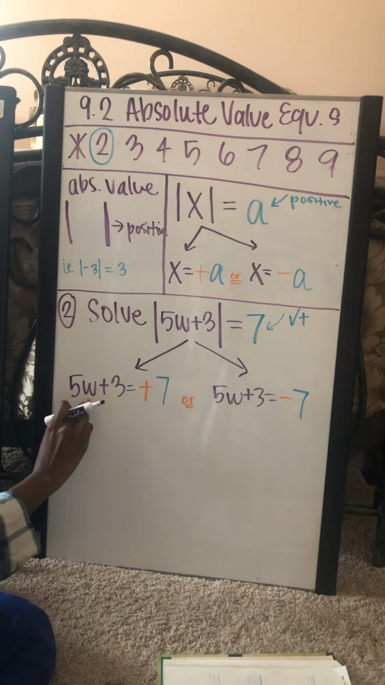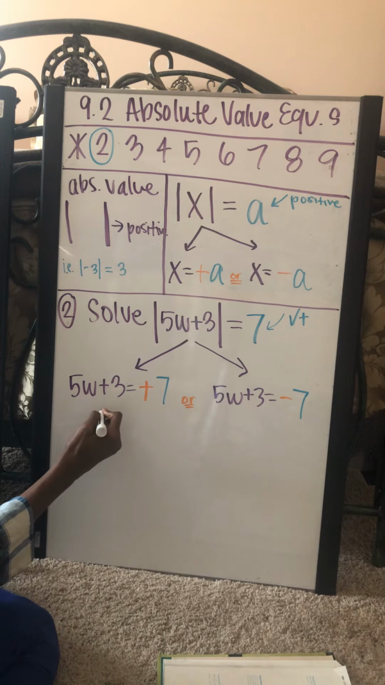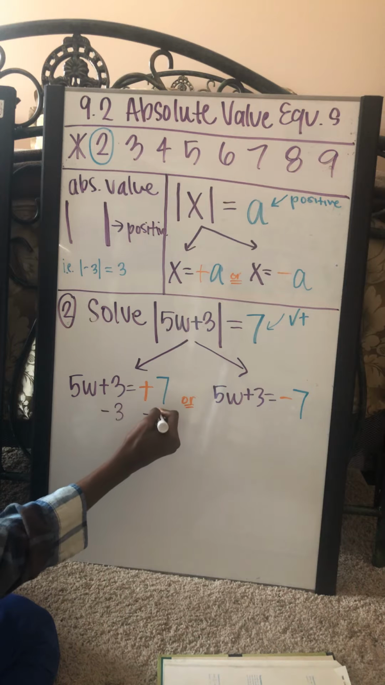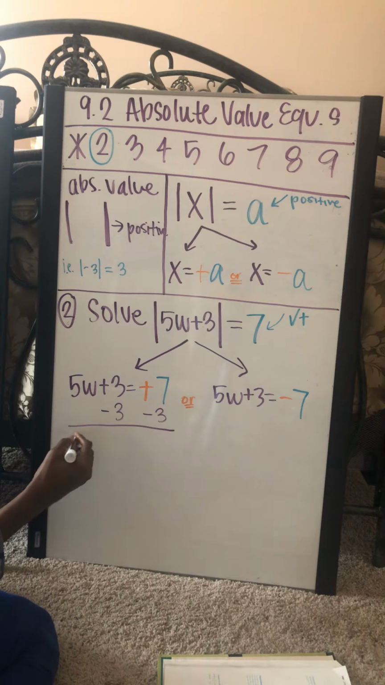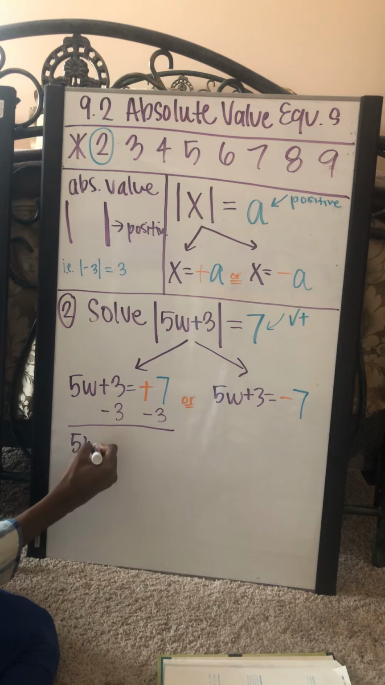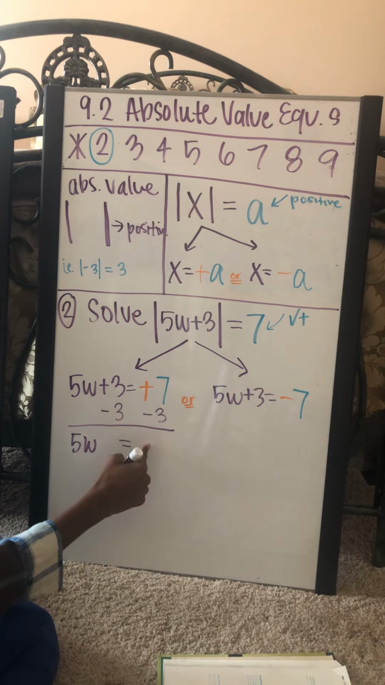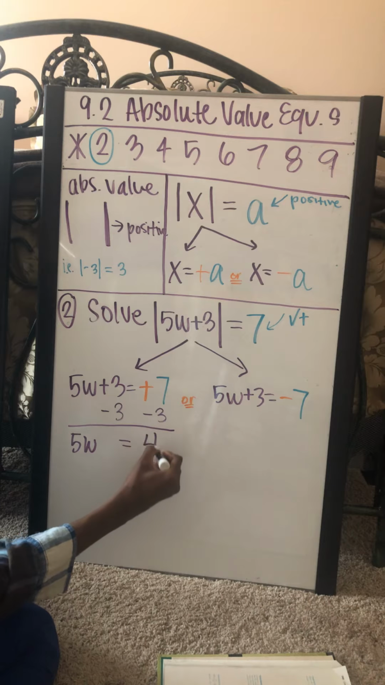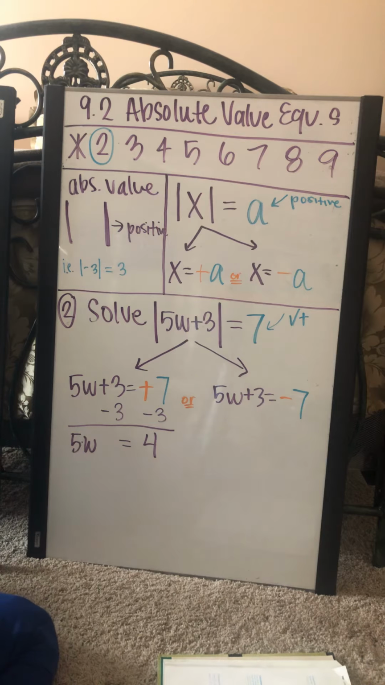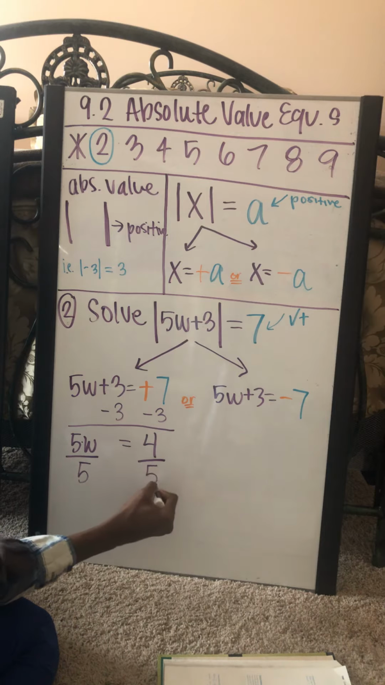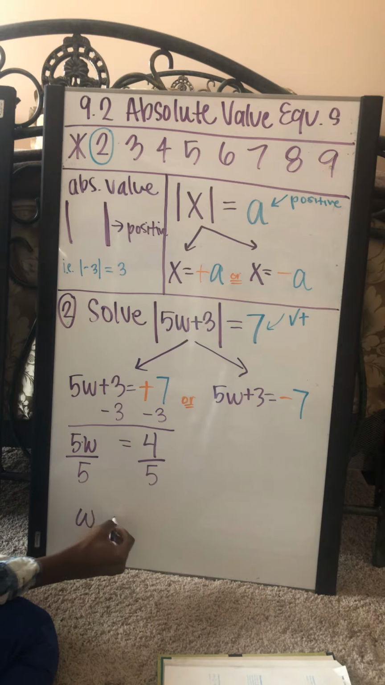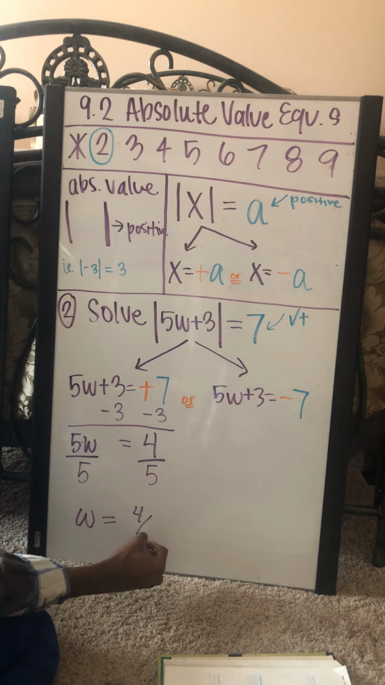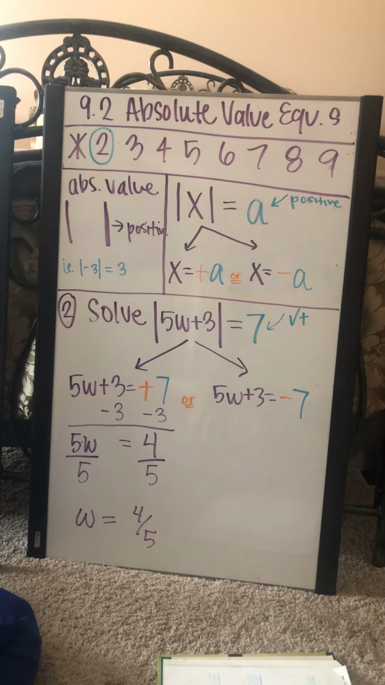Our goal is to solve for the w, so the first thing that we need to move is this 3. It's positive 3, and the opposite of positive is negative, so we subtract on both sides. We have 5w is equal to 4 here. And then this 5 is connected to the w by multiplication. The opposite of multiplication is division. So we divide both sides by 5. And now we have w is equal to 4 over 5. Or,